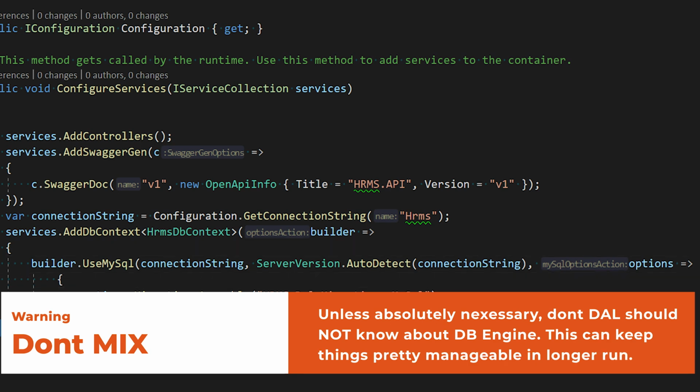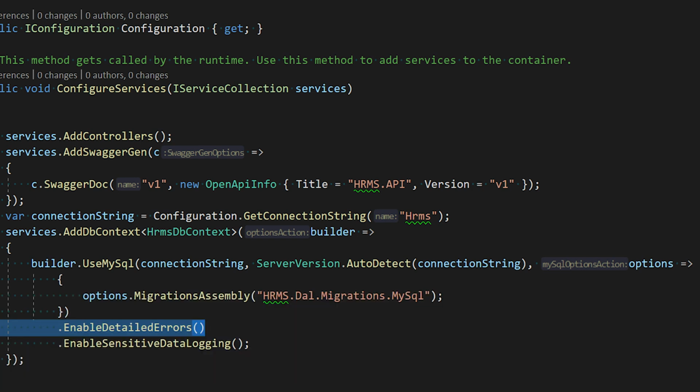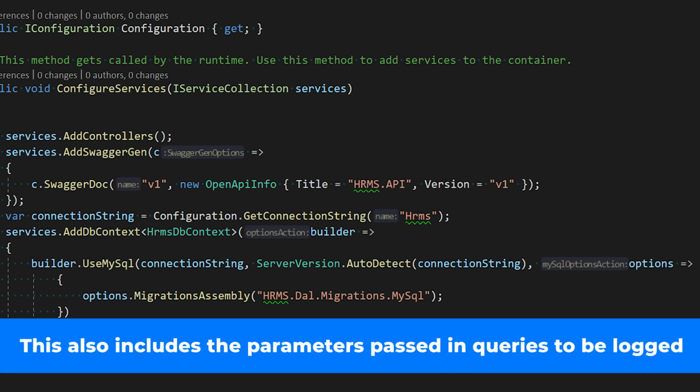All right, then there are two things. One is EnableDetailedErrors. In case something breaks, it will enable detailed error logging. And one more thing that I have used right now is EnableSensitiveDataLogging. If there is some PII or passwords or that sort of thing, which you generally don't want in your log, it will print that.